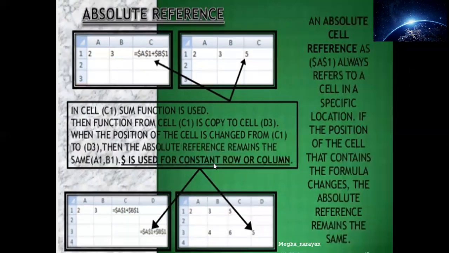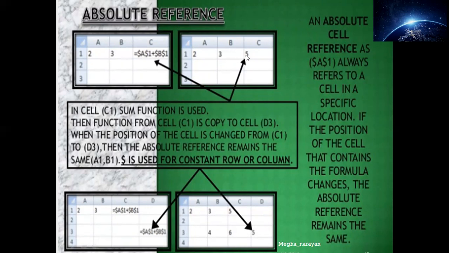Moving towards the next type of referencing, the name is absolute referencing. If we are talking about this type of referencing, be very sure that both parts of the formula will be the same, or you can say they will be absolute. They are constant. They will not change anyhow, no matter what happens. The best example is here, you can see this dollar symbol. Using this symbol, we are stating A1, the address of this one, while B1 is the address of the second one, adding and putting them together, thus giving an example of absolute referencing.